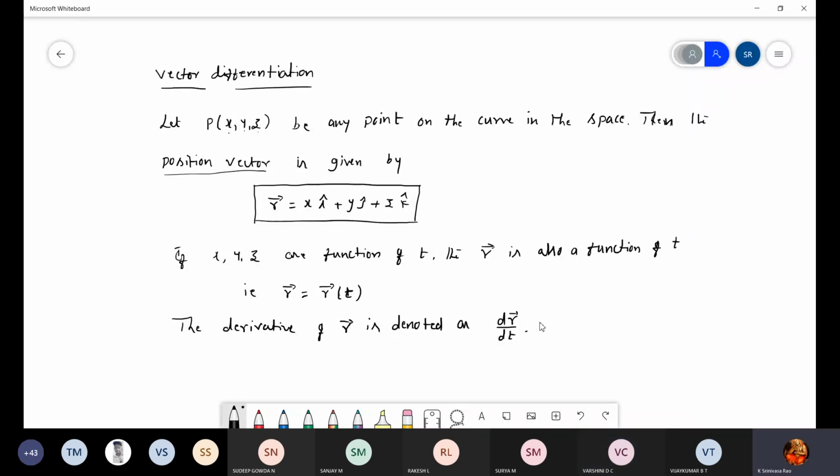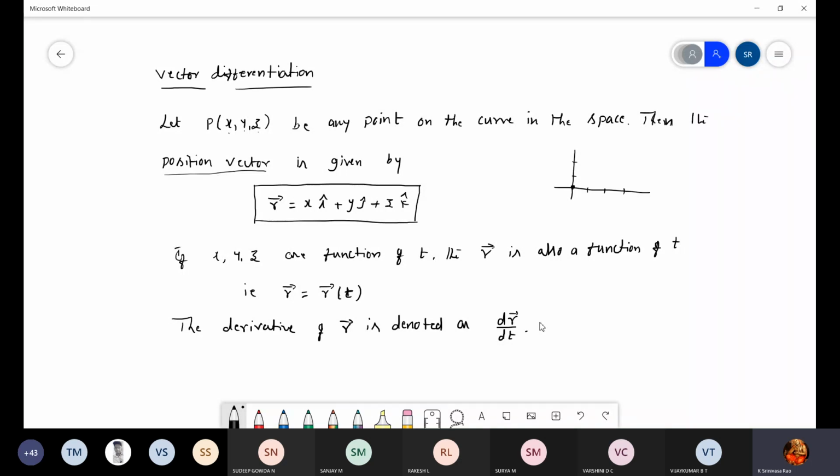Now, position vector means what? I will tell you. For example, in a Cartesian coordinate system with x-axis and y-axis, if I ask you to mark some 3 points on the x-axis, you will take one reference point, which we call the origin. From here we will count 1, 2, 3. Similarly on the y-axis, we will count 1, 2 from this origin. So this origin we consider as a reference point.